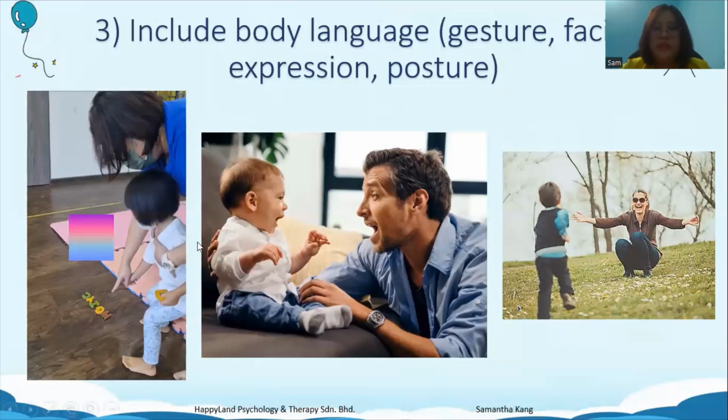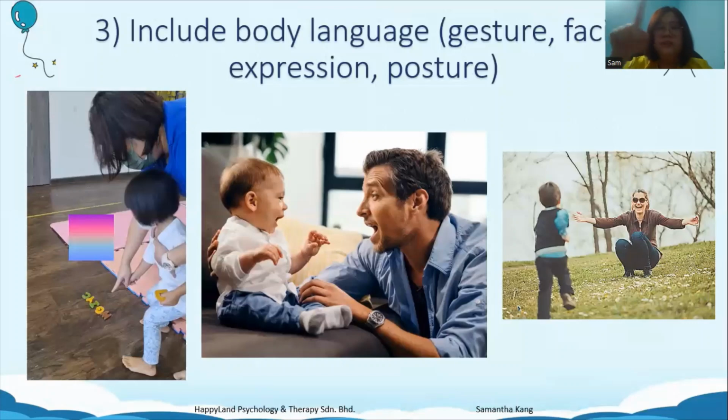Okay. So in terms of gesture, we can include head nodding to indicate yes. When we are telling the child yes, we nod our head so that the child is able to react: oh, when you say yes, you nod your head also. You need to nod your head together. Okay, it's learning the action and the words together. And then maybe you can do head shaking for no, or you can do the pointing gesture. Maybe the child is not ready yet to use verbal expression. You can do pointing.